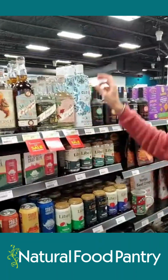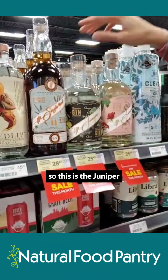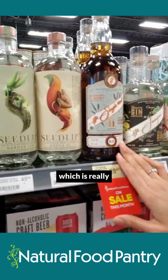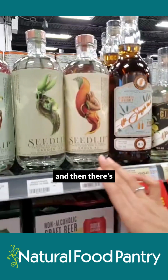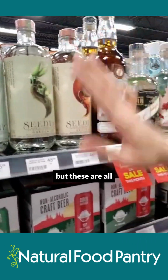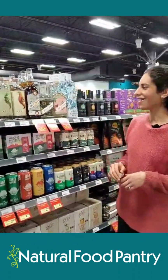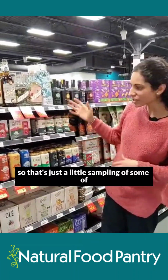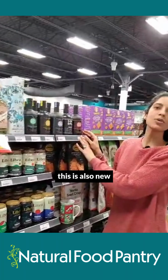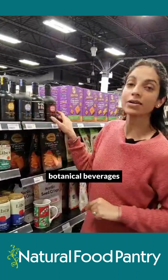There's gins. These are by, actually, this is the HP Freedom. So this is the juniper. There's a distilled gin here, and then there's a whiskey, which is really, really lovely, single malt. And then there's the Seedlip brand as well. Really beautiful bottles. These are so gorgeous. But these are all citric botanicals, herbal botanicals, and lots of aromatic botanicals as well. So that's just a little sampling of some of the stuff we have here. And then just here I want to show you, this is also new, the Sol Brew. They are calling themselves non-alcoholic botanical beverages,